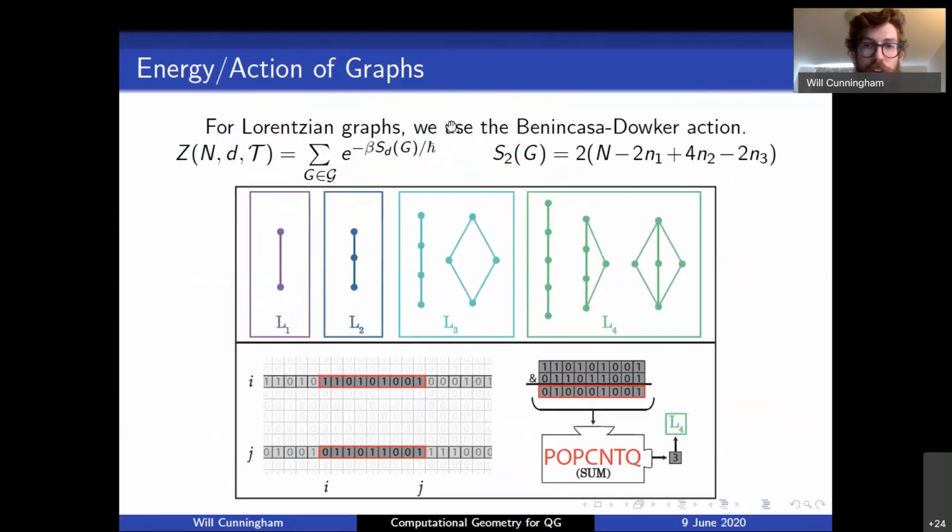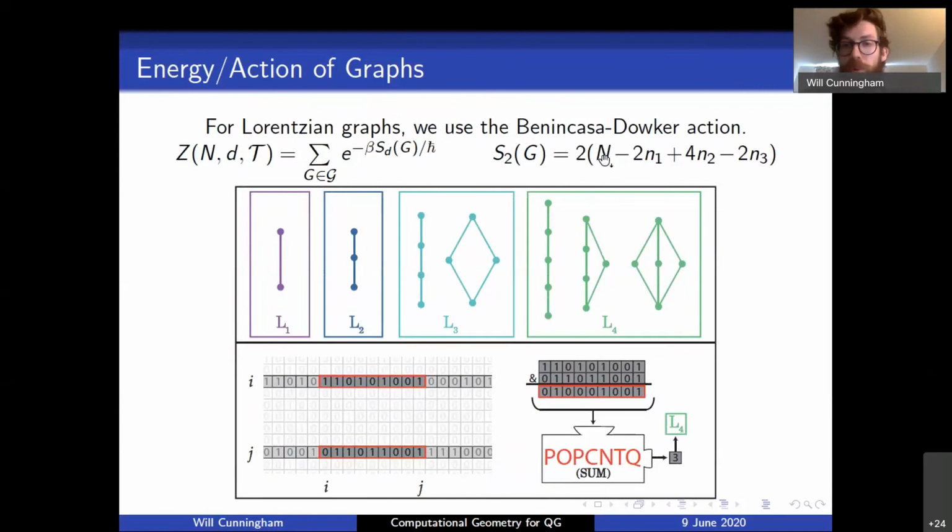So for Lorentzian graphs, we're going to use what's called the Benincasa-Dowker action. So we're looking at the statistical ensemble here. We're picking an action corresponding to a specific dimension. So this is an important part about the causal set approach, is that you have to presuppose what your dimension is going to be. And the cost of a particular graph is going to be an alternating series, which is